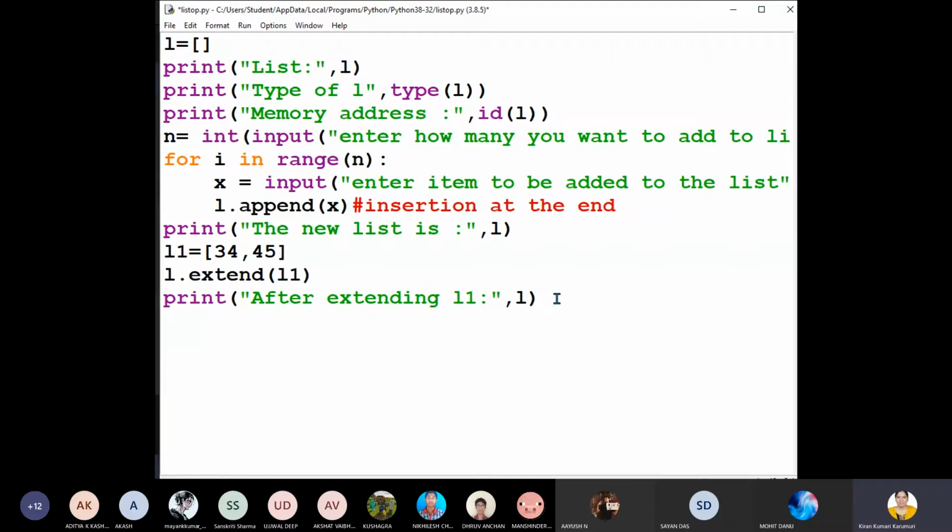So what is the difference between append and extend? Append will generally be used to append a single value item. Extend is used when multiple values are added as separate items. Suppose I have appended L1, L.append(L1). If I display the result now, what will be the result after appending L1?